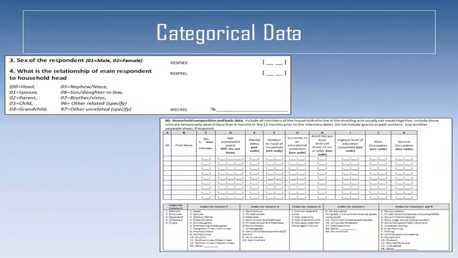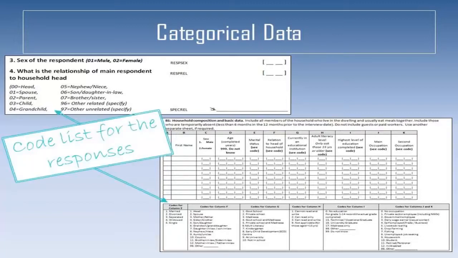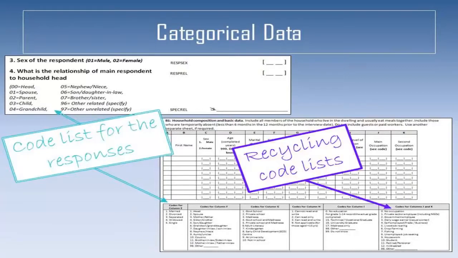Categorical data or factors are questionnaire or measurement responses that fall into categories, for example, respondent gender, male or female. Where categorical data is being stored numerically, each of the categories should be assigned a code, and an accompanying data dictionary must always be provided to decode the information. For example, 1 equals male and 2 equals female. Code lists from within a data dictionary can be recycled across questions if the same categories are used in more than one question. For example, using a single list of occupations, the primary and secondary occupations of an individual can